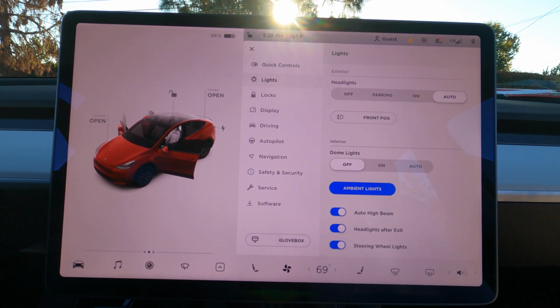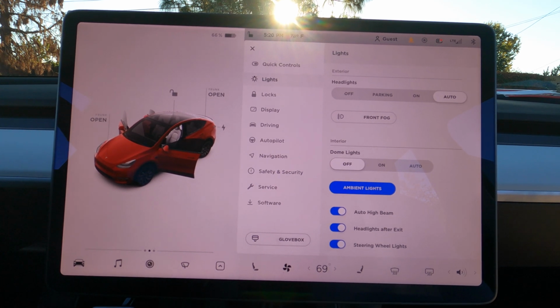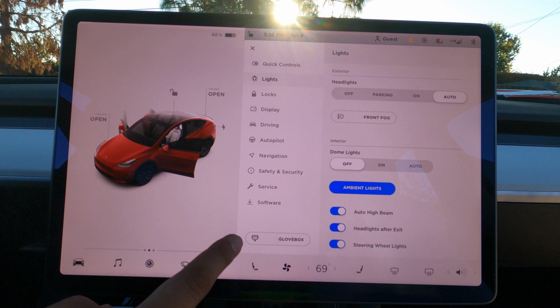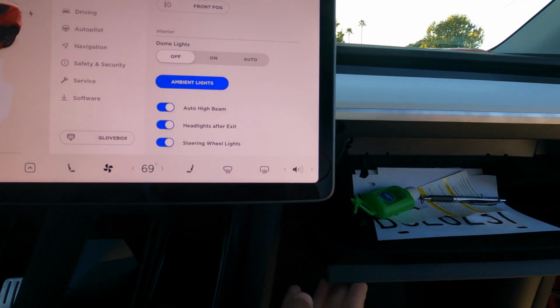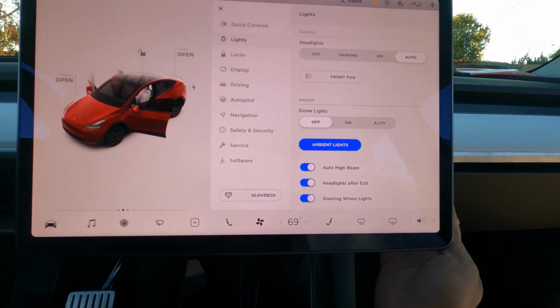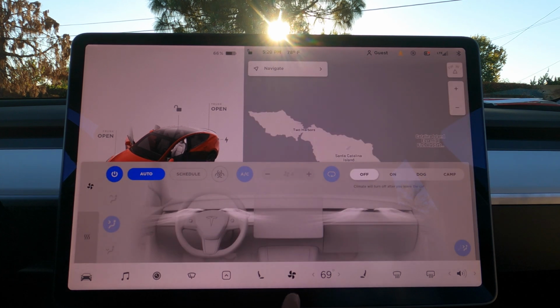I'll let you guys play with it whenever you're in one of the Tesla locations. But yeah, there's a lot to adjust. And if you got to open up your glove box, there actually is a button here, so there's actually no physical button. Clicking here quickly opens up the glove box, and then quickly closing that back up. So jumping onto the AC controls here, just clicking here, you can actually see